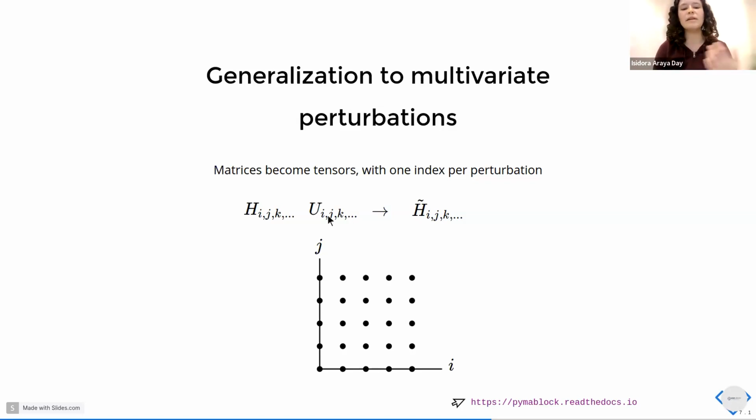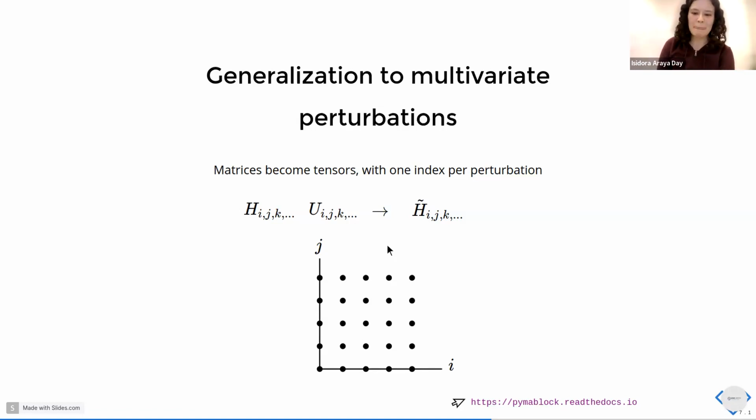There's also alpha, beta, and gamma, and we will have terms like alpha to the power of I, beta to the power of J, and gamma to the power of K. And so because these two are series, the effective Hamiltonian is also a series in alpha, beta, and gamma. And the way we have to construct this effective Hamiltonian is by also applying a recursive procedure as we increase the orders, but now in a hyperspace. So we don't need to restrict ourselves to a line anymore, but we need to start constructing in this hyperdimensional